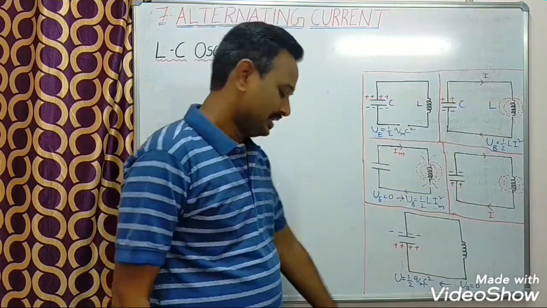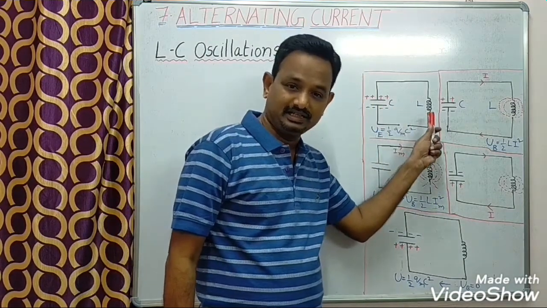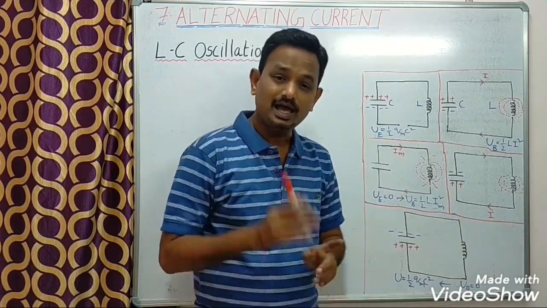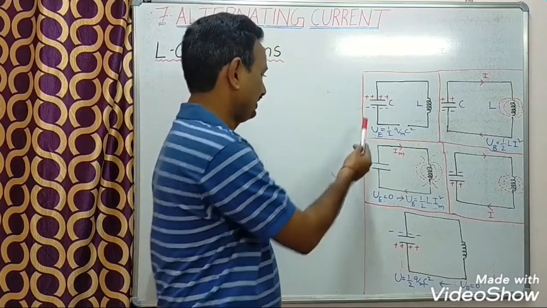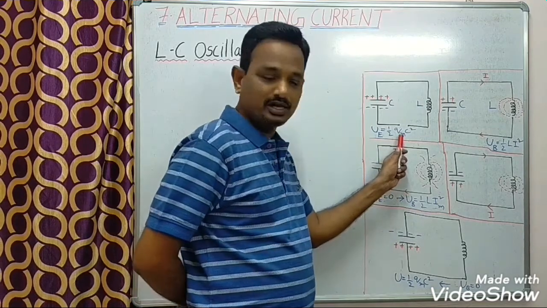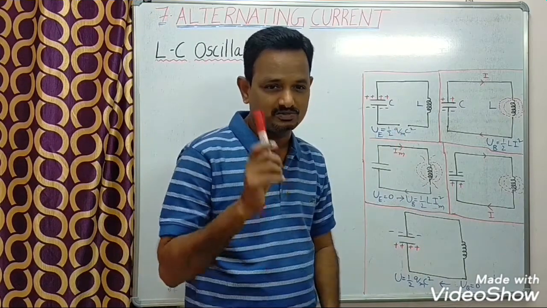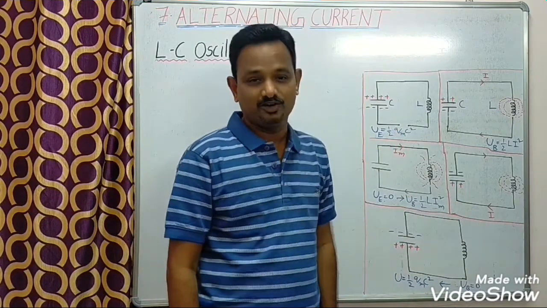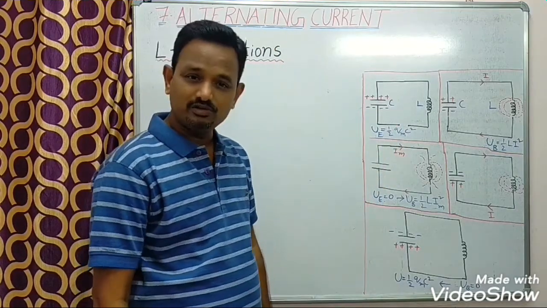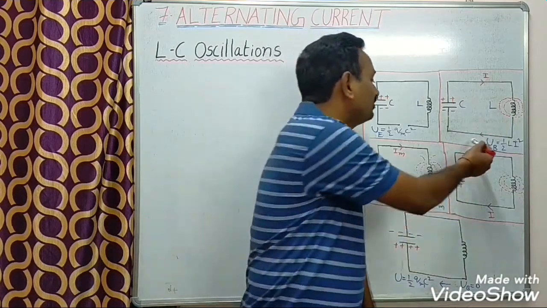Suppose I connect one capacitor with an inductor. If it is an open circuit, the energy stored in that capacitor is U equal to half Q square by C. Here Q means the maximum charge stored in that capacitor, because it is an open circuit. Now if I connect the capacitor with the inductor in a closed circuit,